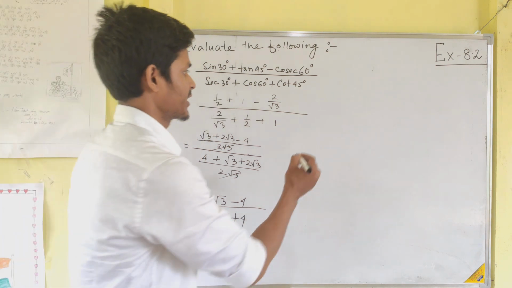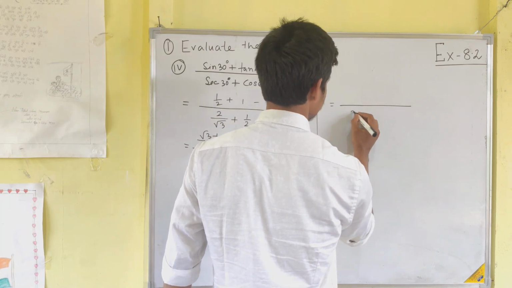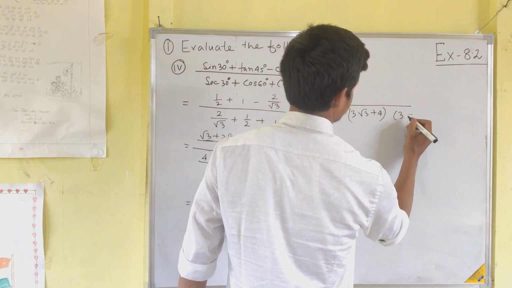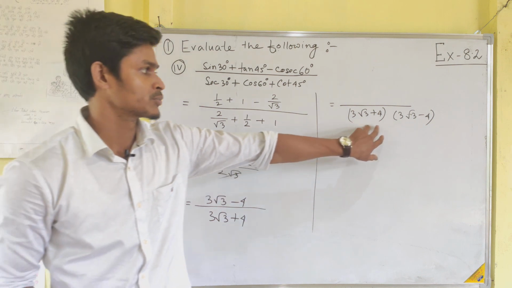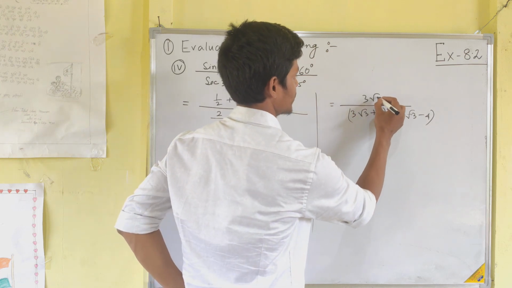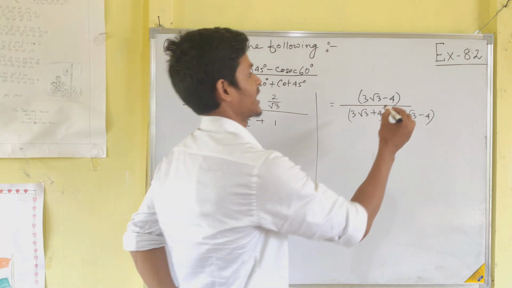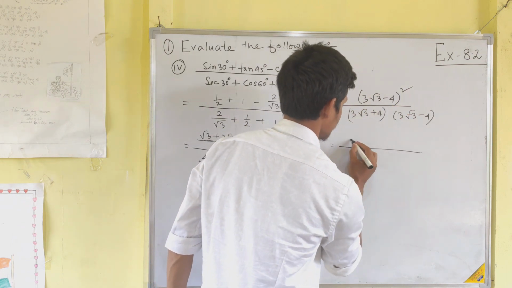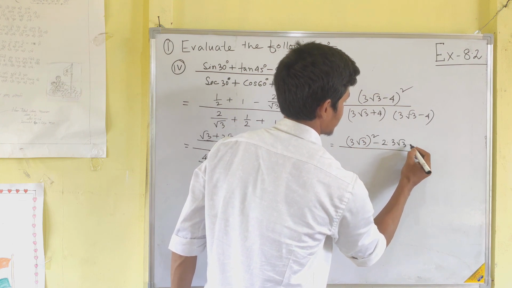Now you rationalize the denominator. In your class 9 you did it. So exactly like this. Here you see 3 root 3 plus 4, then you multiply this by another 3 root 3 minus 4. Now you see 3 root 3 plus 4, so I multiply another term, that is 3 root 3 minus 4. So here 3 root 3 minus 4, if you multiply another 3 root 3 minus 4, then you get a square. So a minus b whole square, a square minus twice a b